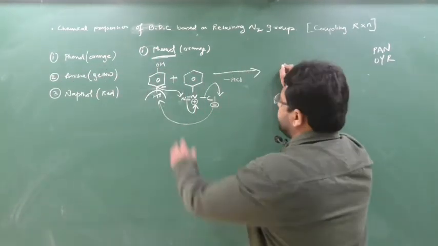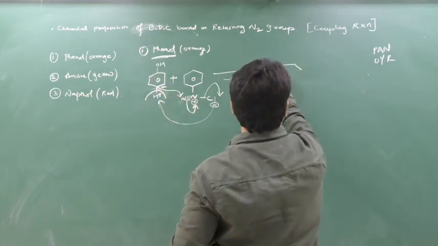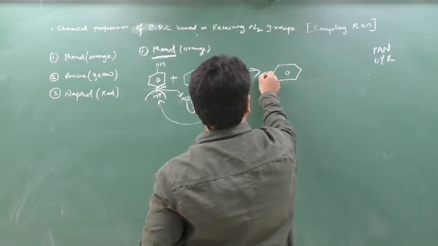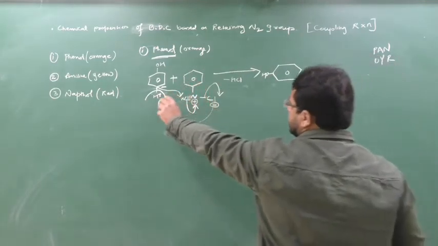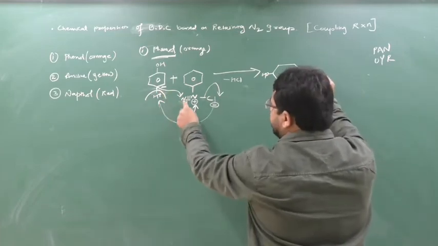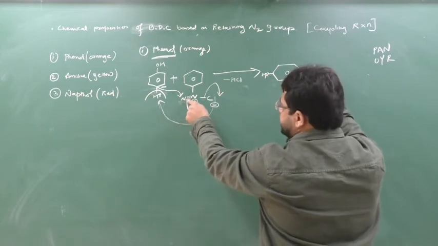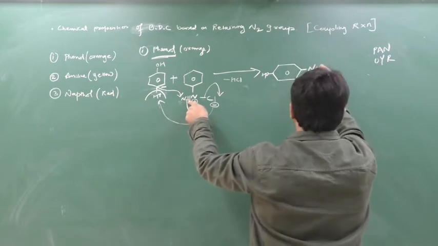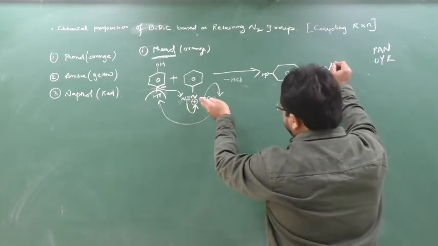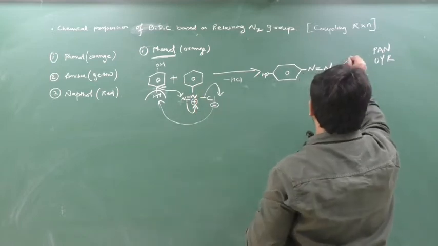How? See here, first I write this down in this way. This is OH, where H has been removed. So a vacancy is created here, and this vacancy is filled by this nitrogen. Now here the triple bond is broken and converted into a double bond. So Cl has moved to form HCl, and what remains is this ring. So here the ring will come.